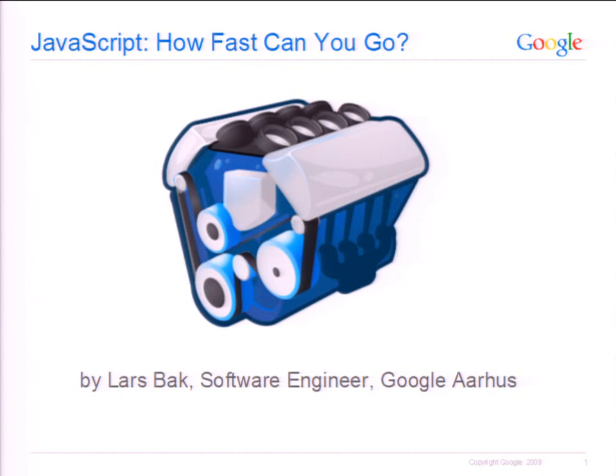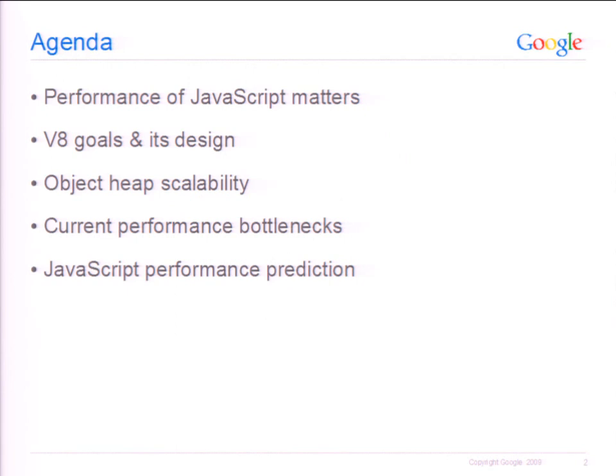So the talk here today is what you see here. I'll talk a little bit about why performance of JavaScript matters. I'll talk about the goals of V8 and how we designed it. And then I'll show you some measurements I did about object heap scalability. And what a big surprise: when you use most browsers today, they suck when it comes to object heap scalability. I'll talk about the current performance bottlenecks we have in V8, and then I'll talk to a few points about how we can make it faster and my predictions for how fast we can make